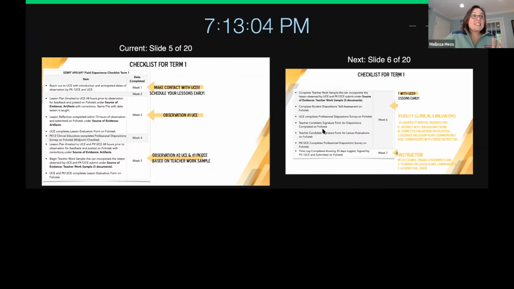So this is checklists that I made, I think over the course of last year, to help us just kind of stay organized on everything that we need to do week by week. This is all the assignments that you have. If I were you, I would print this off of Canvas. This is on our MAT Canvas page, and it's under modules. I would print this off and just highlight as you get everything done.